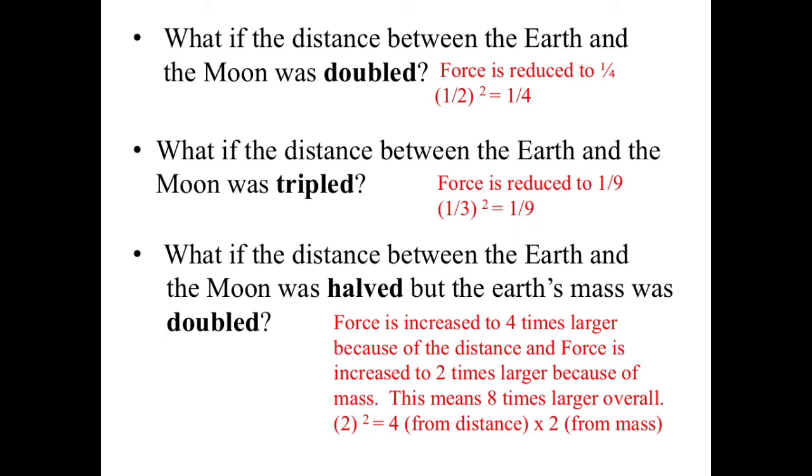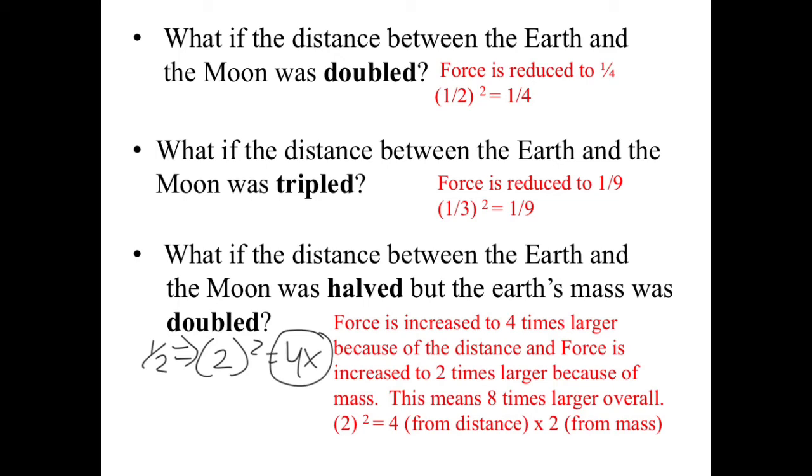Now, if you take the distance between the Earth and the Moon and cut it in half, so the distance is half, which means when we deal with distance, we invert it, which is 2. 2 squared means 4. That means that because of the distance cut in half, you have 4 times greater the amount of gravity. But it also says, what if we increased